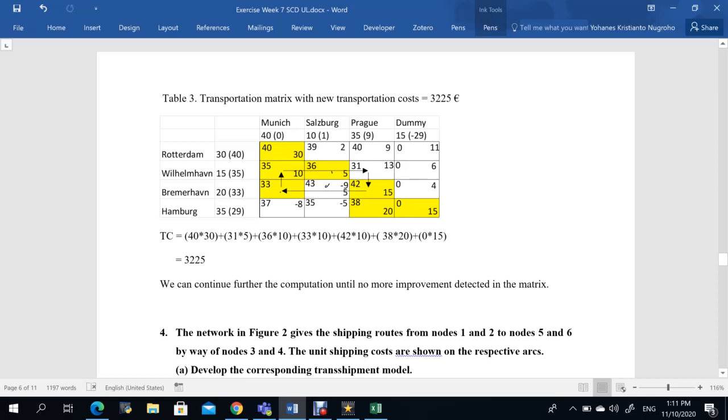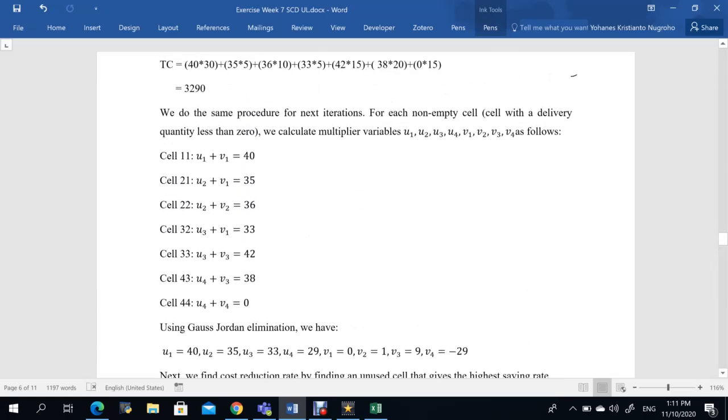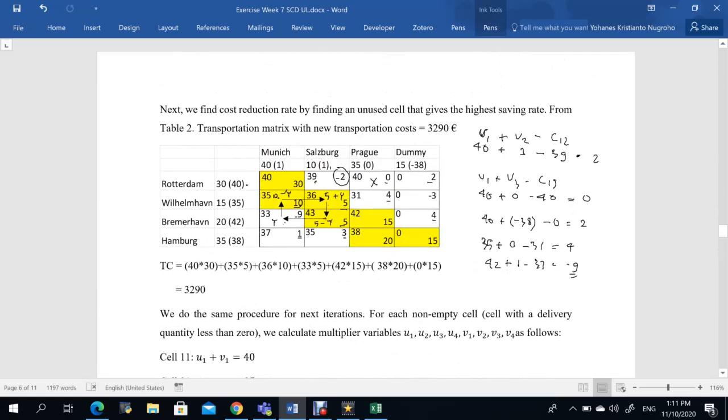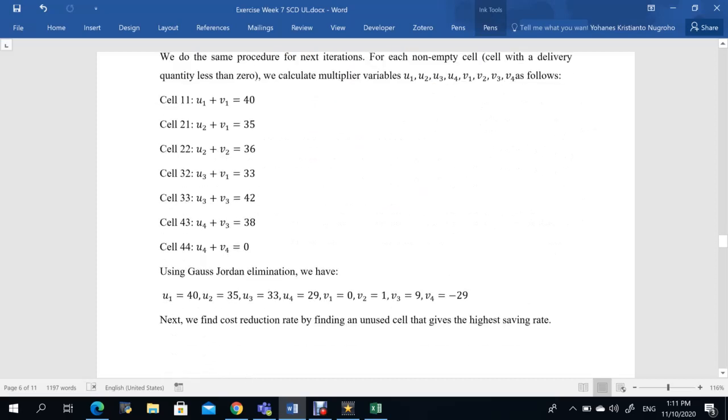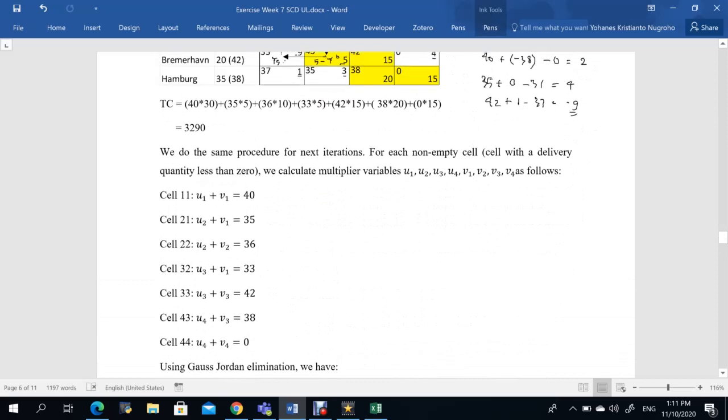Okay, and now we recalculate again, because it was 5, right? It was 5 minus 5, it is equal to 0. It is plus 5. It is equal to 10 minus 5 equal to 5, and it is equal to 0. So the new total cost will reduce from the previous value at 3290